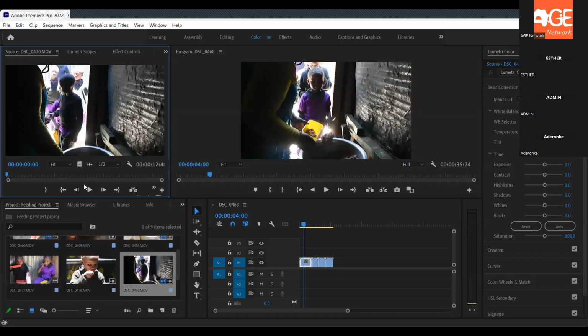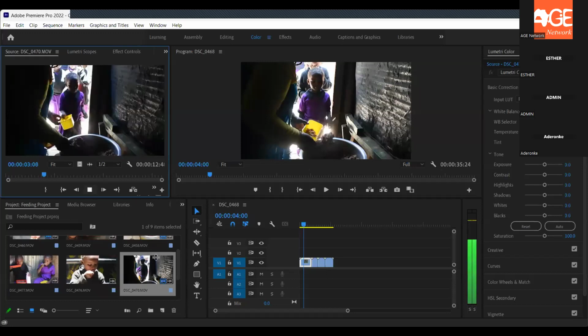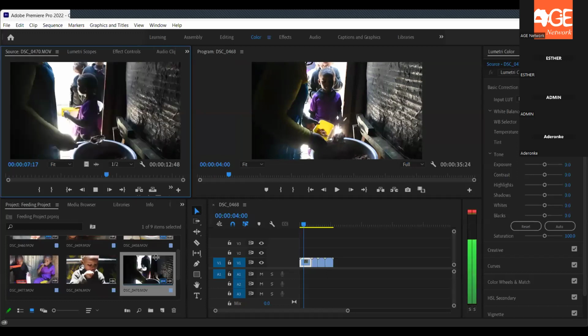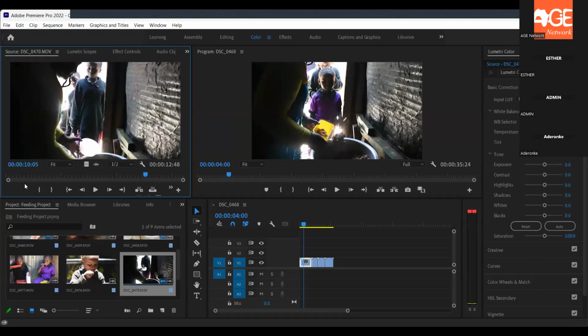So by playing the video here, you're able to know what is the content on the video and decide what part you want to put and what part you don't want to put when you come to your timeline. So from here you can see maybe I want to keep my clip from 01:02 all the way to maybe 03:45. You get to decide. You mark in 01